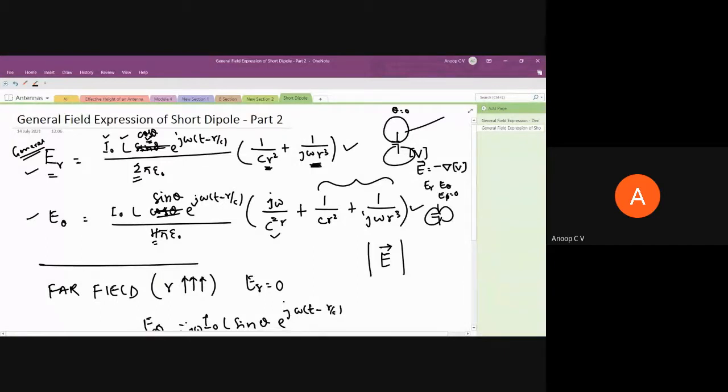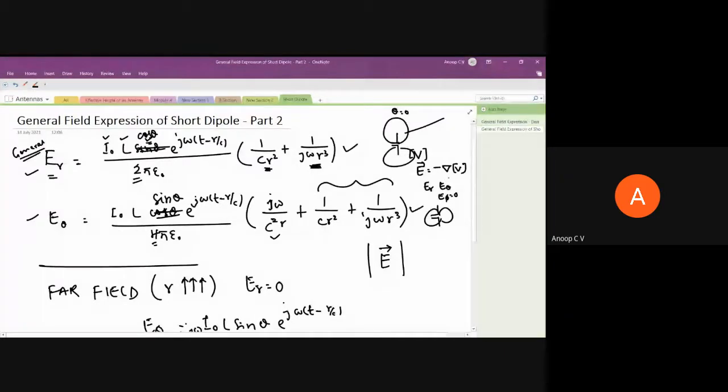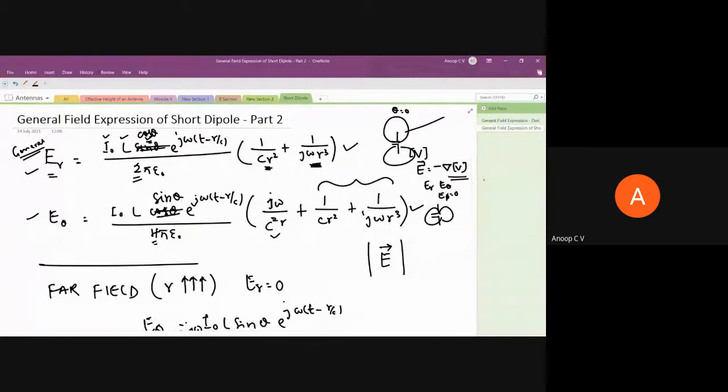So you don't really have to find the gradient of this retarded potential V. By logic, the cause for electric field is actually charge. So by keeping that in mind, you will be able to write this expression using your logic. You don't have to simply learn it by heart as well.